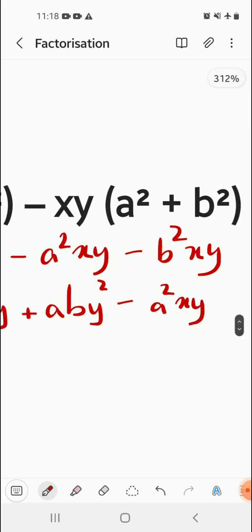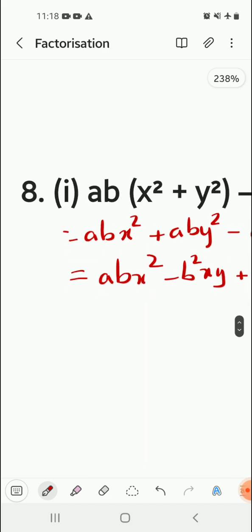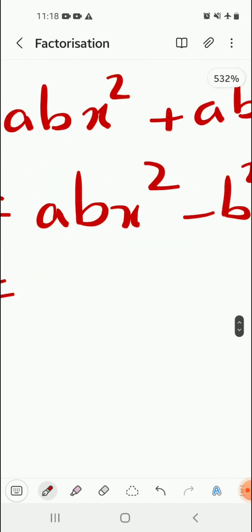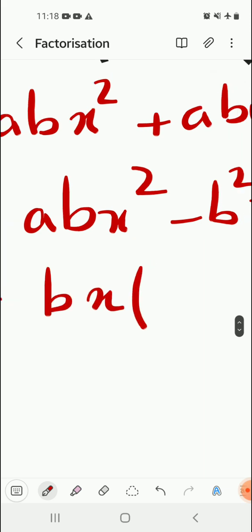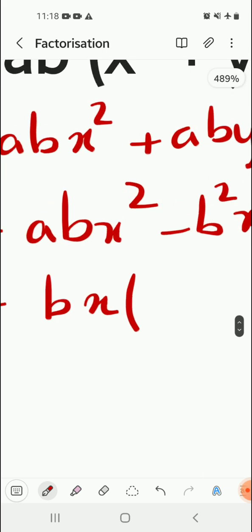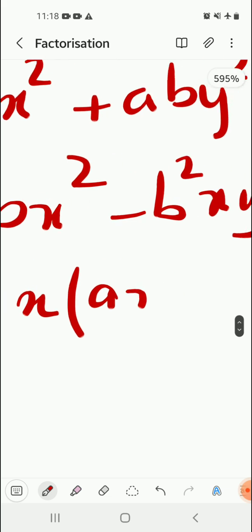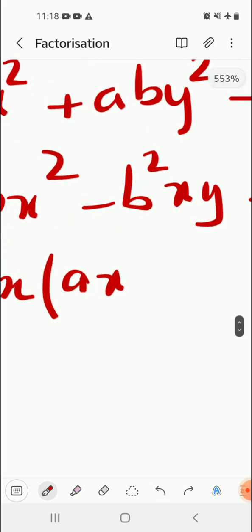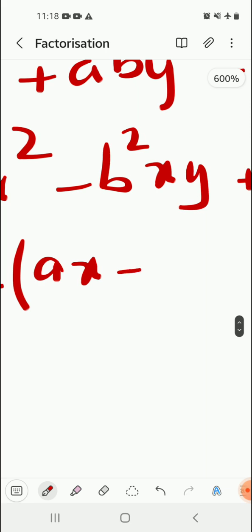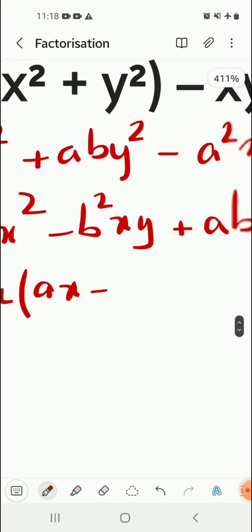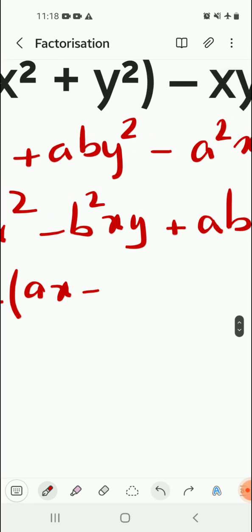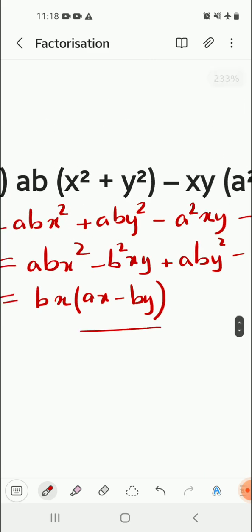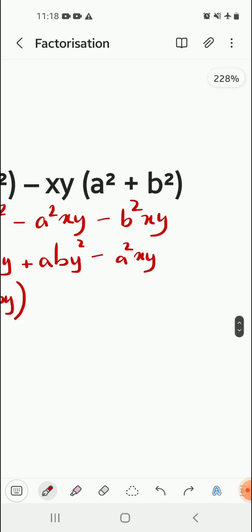Now let's find the common factors. Over here, see, we have got b, we have got x in both the factors, so we will take out b and x as a common factor. After this, we are left with a and 1x, because see, over here there is x square and here there is only x, so that's why another x is left out. Then minus, here we have got bx and here we have got b square, so we are going to write b and y. So since we have got ax minus by,